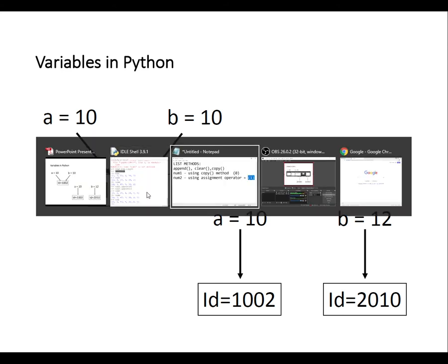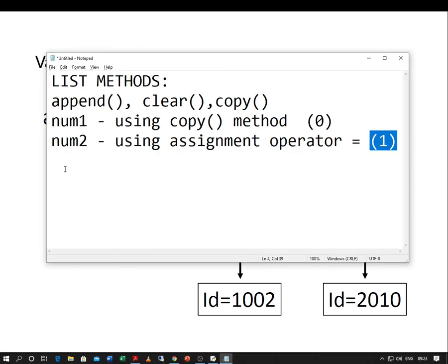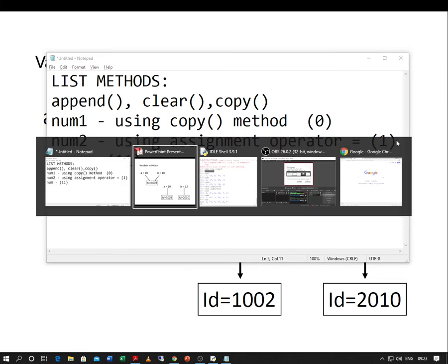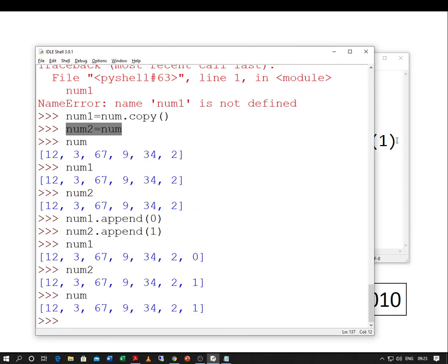Now let me do one thing. Let me add something to num. Say num, I am adding one more element, say for example 11, because it is not there. Let me go to the Python shell and let me give num dot append and 11.